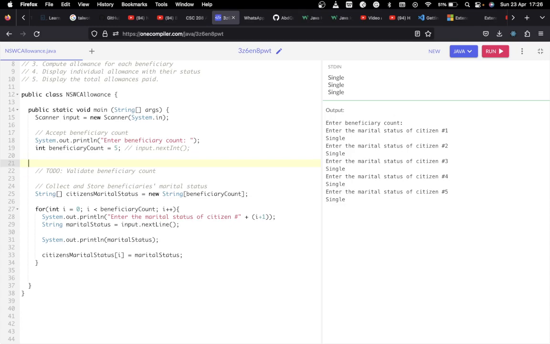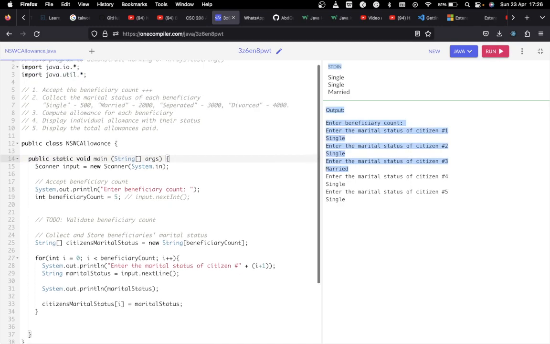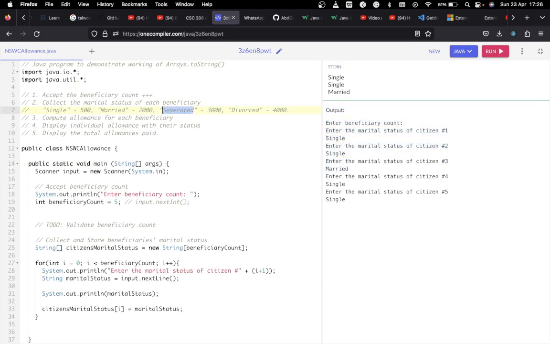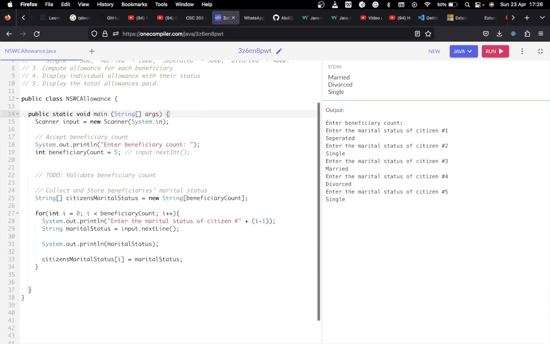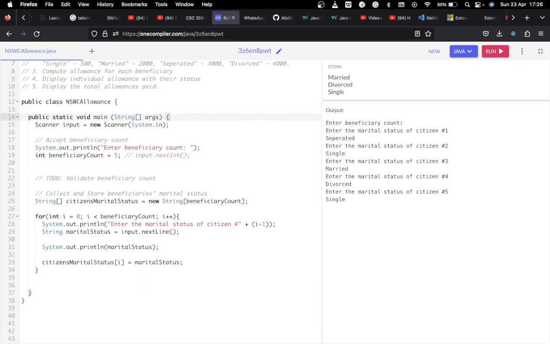So yeah, you can see we are actually getting the single. If I want to change this to married, we'll say married. Let's pick another one: separated, divorced, single. We have single. So we have separated, single, married, divorced, and that's it. So we've been able to collect the marital status, and we've been able to save it in this particular variable